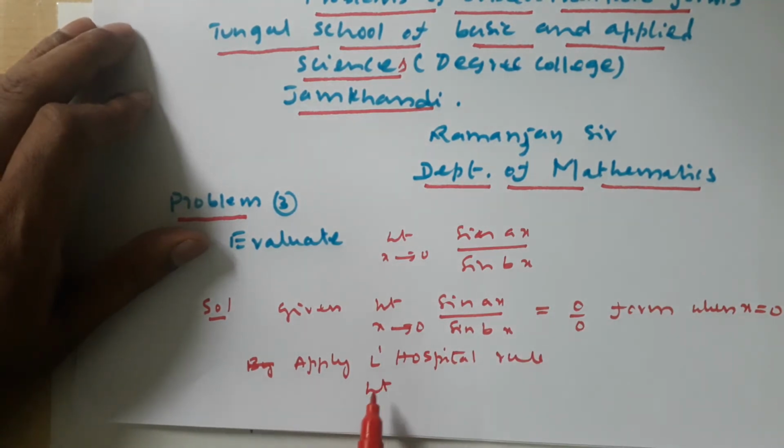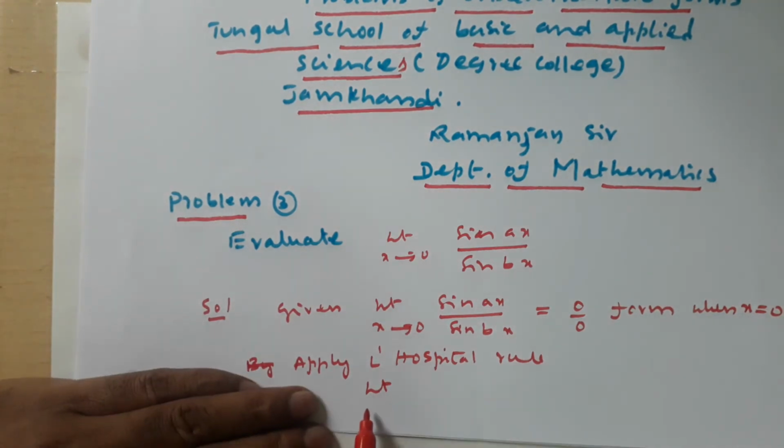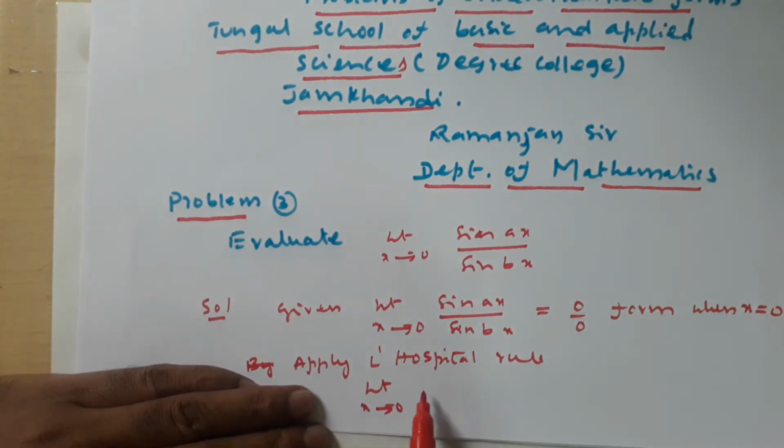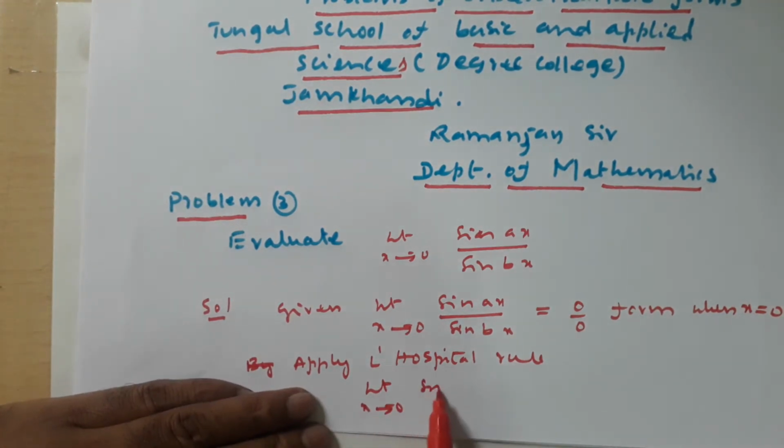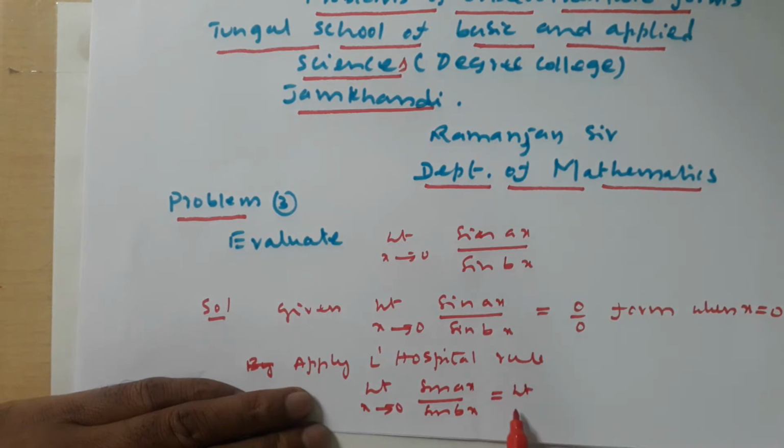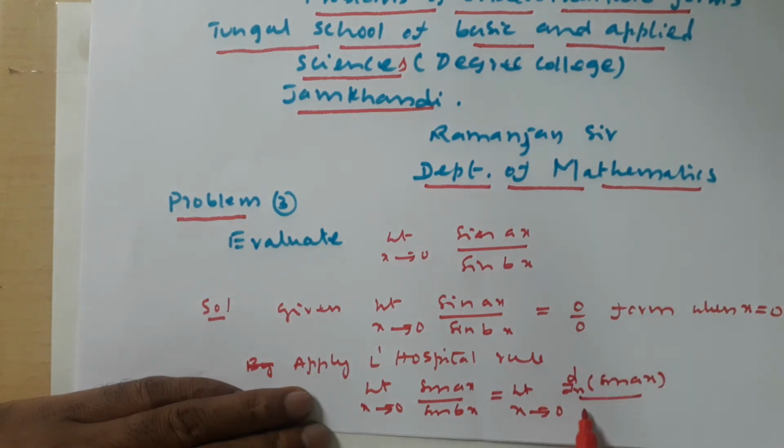Limit x tends to 0 sin ax by sin bx is equal to limit x tends to 0 d by dx of sin ax divided by d by dx of sin bx